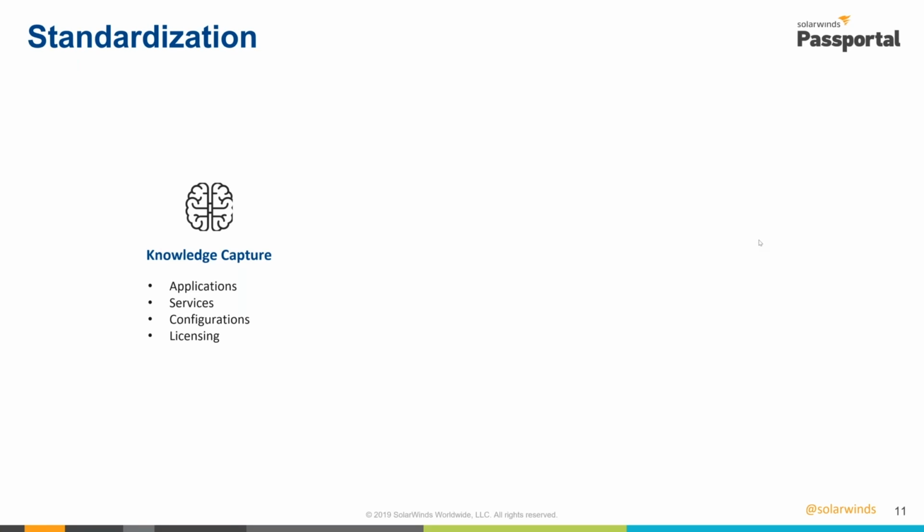Well, yeah, I mean, you think about it, what can you standardize? And there's an awful lot in an MSP's business you can standardize. Going back to that documentation side of things, knowledge capture is the first area of standardization, right? Having a consistent method and template-driven system of capturing all of the knowledge and documentation across your clients so that you are documenting all their applications and services in a similar way, getting the same details and configuration information on those, licensing information for applications and the assets and what they host and where they live and the passwords to gain access to it, and just having it all standardized there.